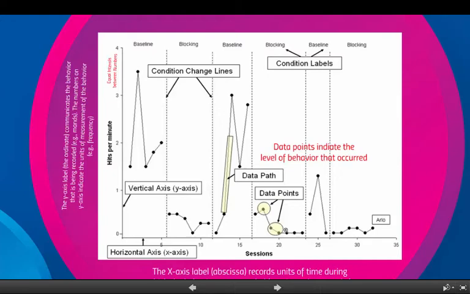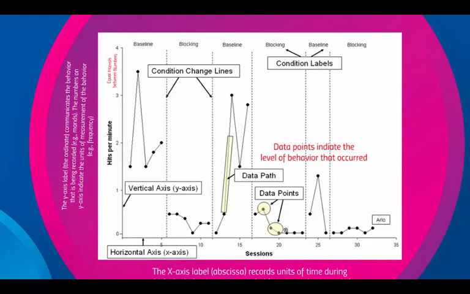So these condition change lines are a signal to you that some change has occurred, and it allows your eye to evaluate what was going on before that change occurred and what's going on after the change occurred. So these change lines on a graph play a very important role. And if you're doing your job correctly as a registered behavior technician and as a board certified behavior analyst, then you're putting changes in place in your programs, you're evaluating constantly,